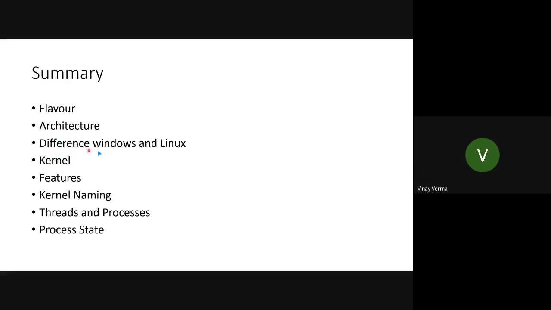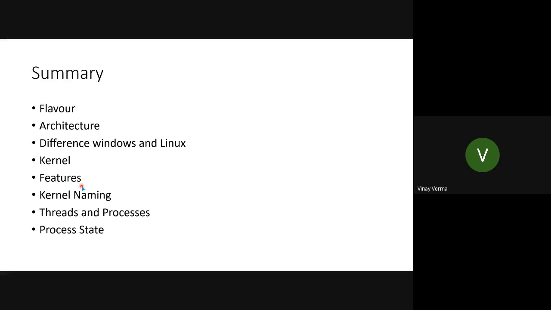So the difference between Windows and Linux, that we discussed in the previous class. One is microkernel and another is monolithic kernel. So that is the difference between them. And so we learned about what is kernel and what are the components of kernel. Then features. One of the features, the most important feature of Linux was hot swapping. Hot swapping allows us to